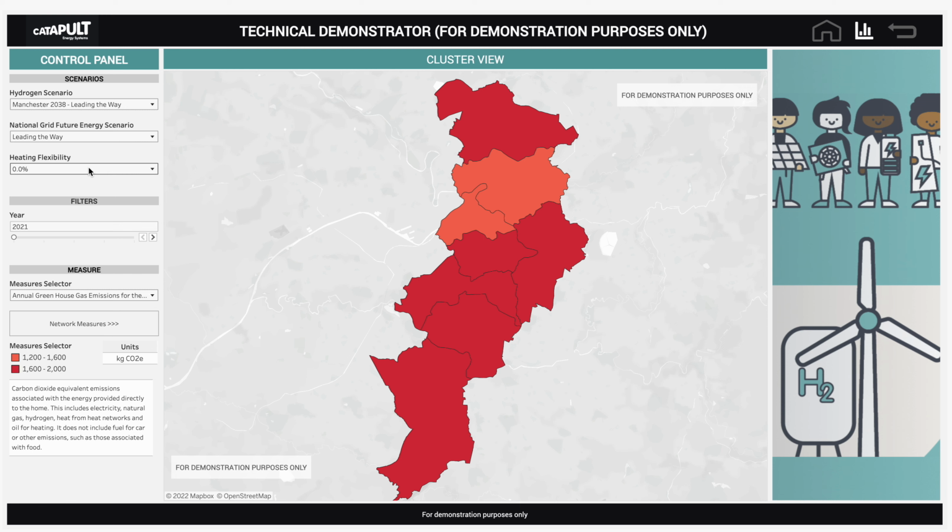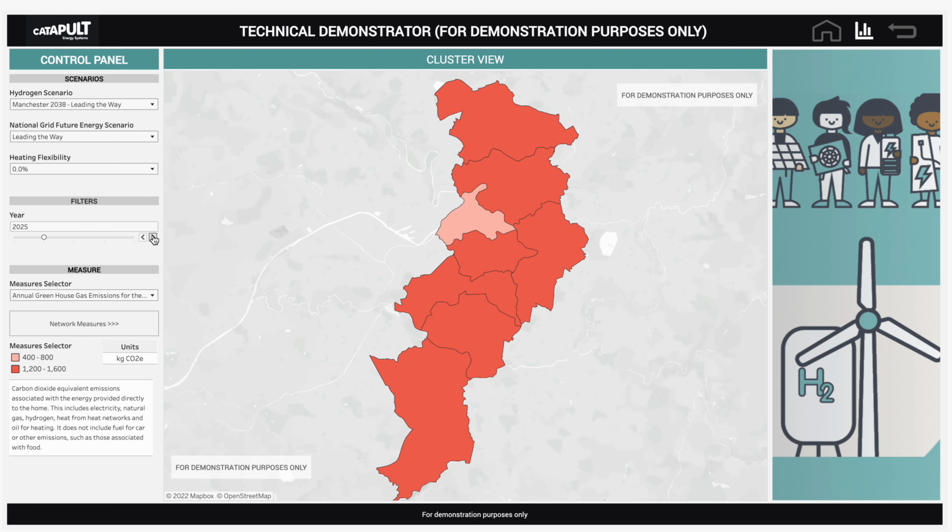So smoothing that out helps benefit and make use of renewable energy sources as well, which don't come at the peaks when you need them necessarily. So we're starting off with greenhouse gas emissions, and we're starting at 2021, and you can see if we cycle